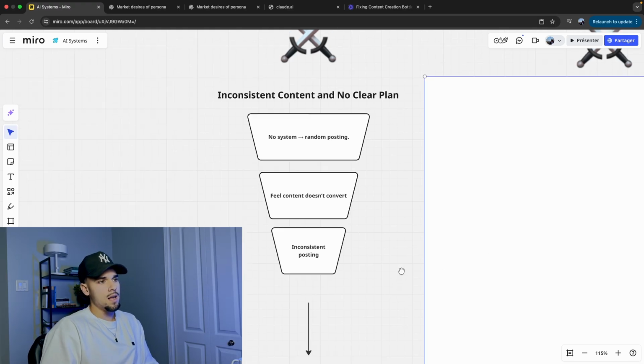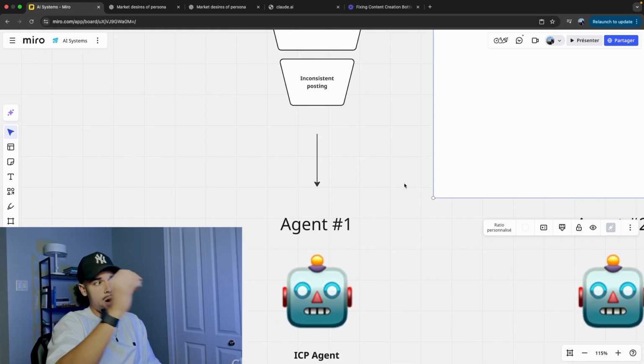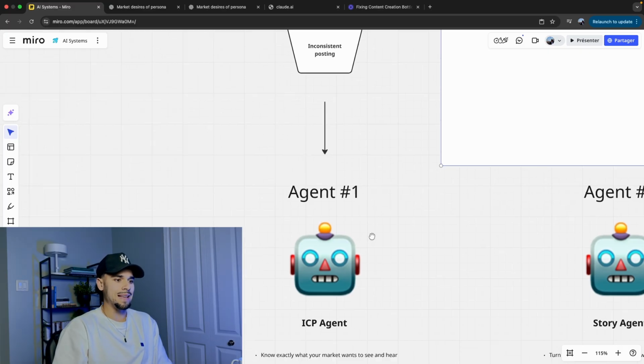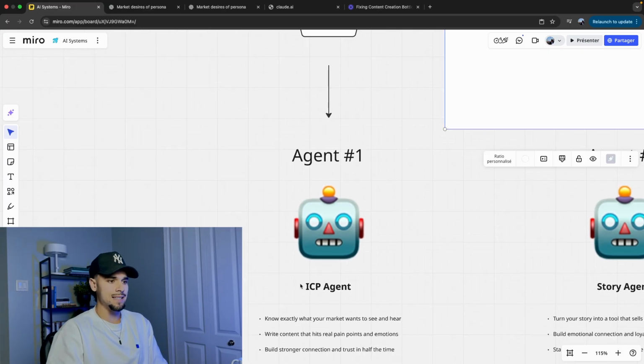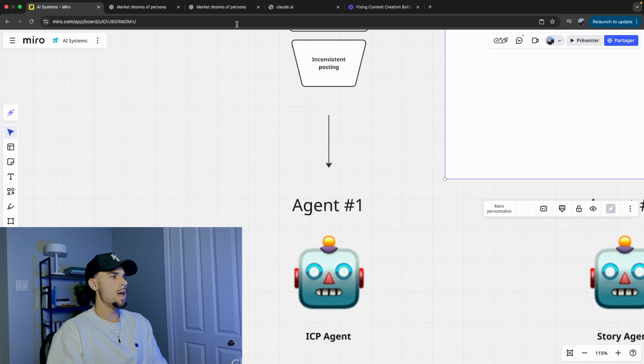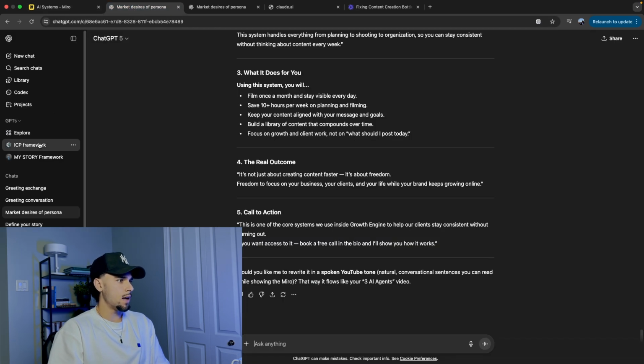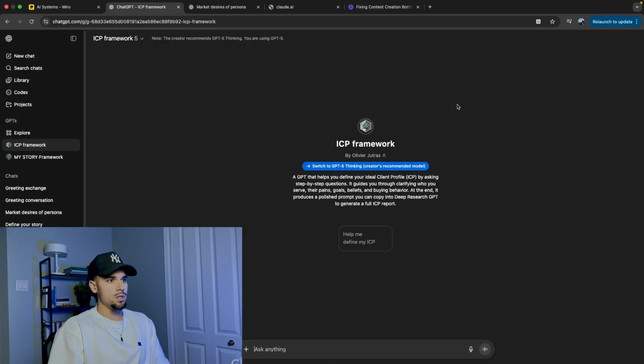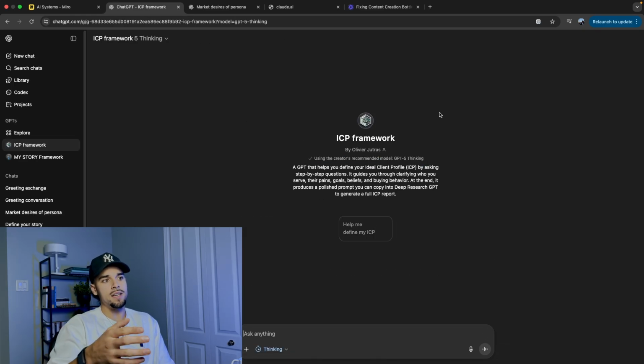So basically, how I fixed that problem is I built an AI agent. It's the ICP agent. So I'll show you how this works. Basically, I built it here. It's a GPT that helps you define your ideal client profile, your ICP, by asking you step-by-step questions.